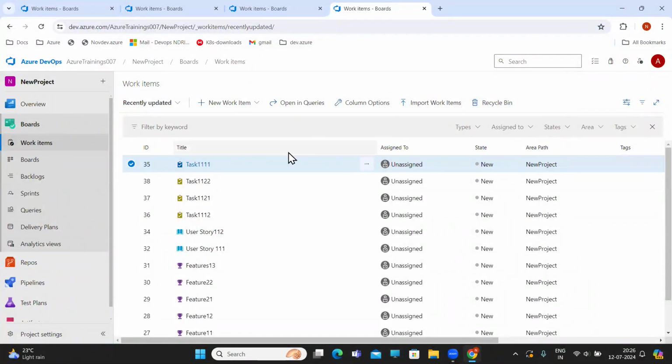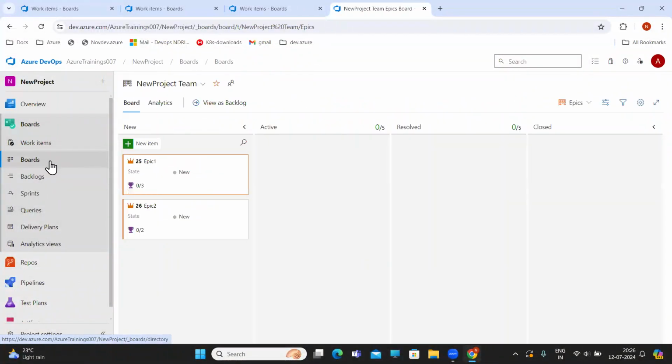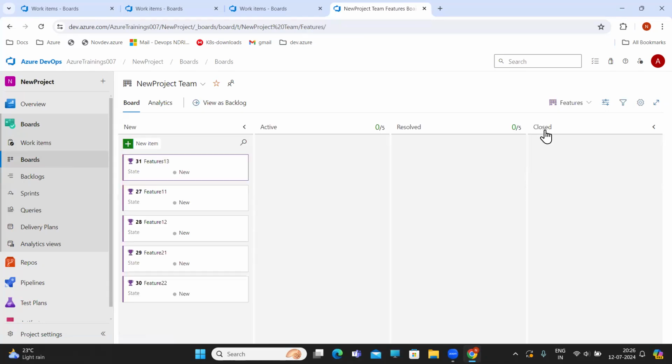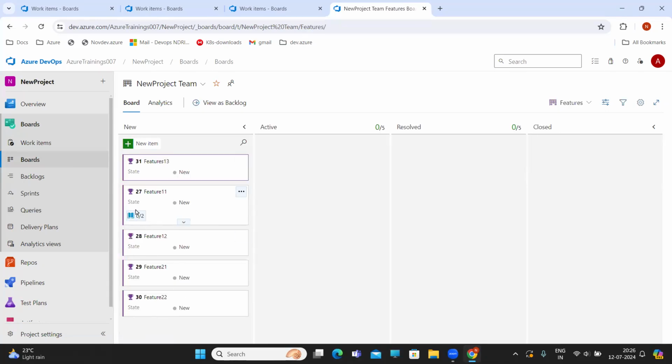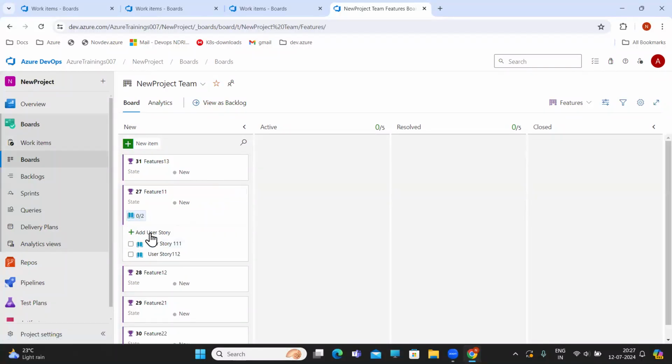Yes. Okay. Now let us go to boards. Now let us work with boards. What are the different options which you have? Boards are always displayed at the filter level, whichever you want, features or stories. So you can select, let's say, features. It will display all the features. You can see the number which is allocated to each item, right? Under features, you see here feature one. Under features, I have stories. See here, under story, we have